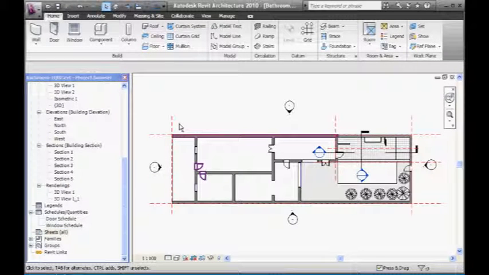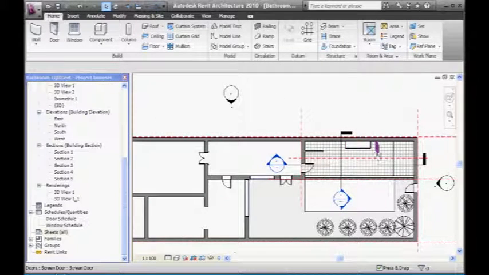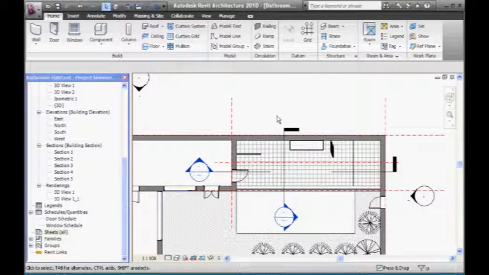And now you can do this at any stage. It's actually a good idea to do it even before you finish putting in all of the detail that you might be planning on putting into your projects. Once you've got a large part of the work done and you've roughed out roughly where everything's going and you've put in most of the main elements, you can start setting up your sheets,